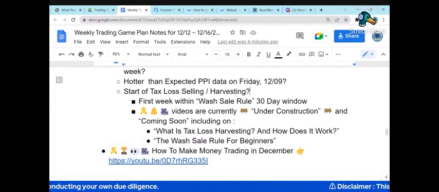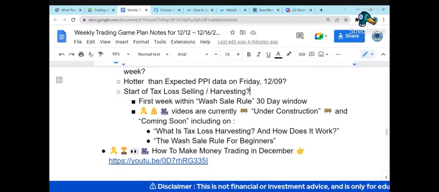So thank you again. So again, we're going to see more of that tax loss harvesting, tax loss selling all through the month of December, and we're going to talk about it in more detail. What does that mean? When do we see the most impact? When do we see it abating? But that's going to put selling pressure on particularly stocks that are down significantly.